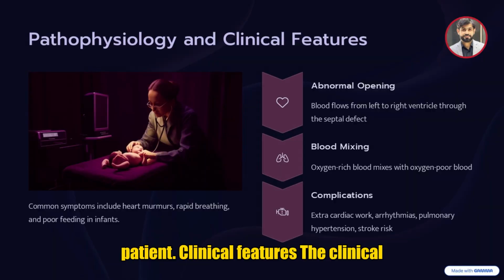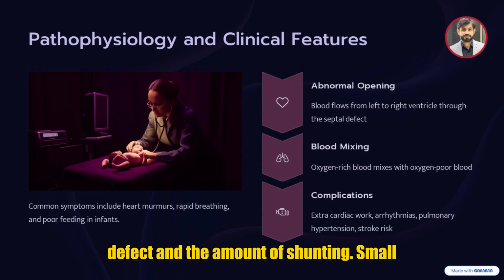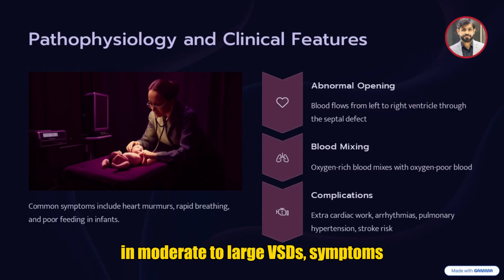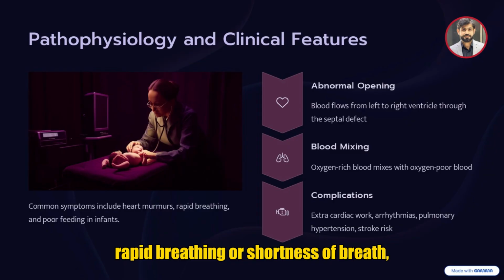Clinical features. The clinical presentation depends on the size of the defect and the amount of shunting. Small VSDs may be completely asymptomatic, sometimes only picked up because of a soft murmur during a routine checkup. But in moderate to large VSDs, symptoms usually appear early in life, such as rapid breathing or shortness of breath,